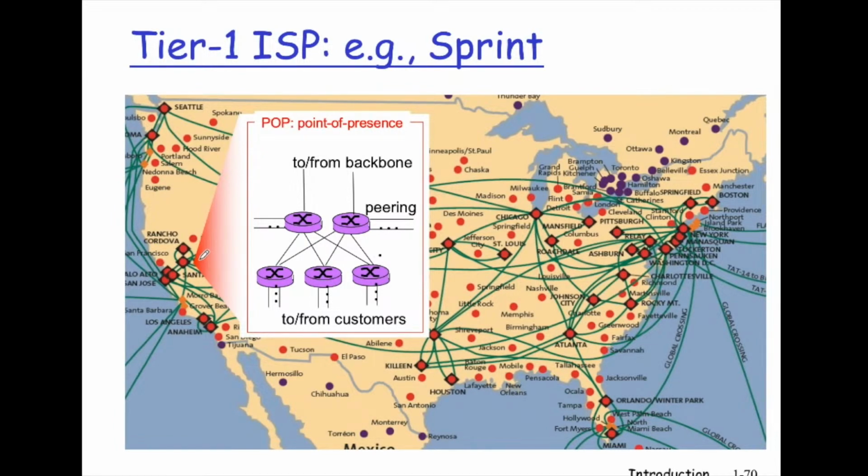So the role there is pretty much like a data center in Google. It's a rack of machines, in this case, a rack of routers. They're interconnected between each other, and they are also offering connections to the customers. Some of them might be connected to other tier 1 ISPs. And these links are to go further up into the backbone, in the hierarchy of the backbone in Sprint's network. And this is internet structure, a network of networks.